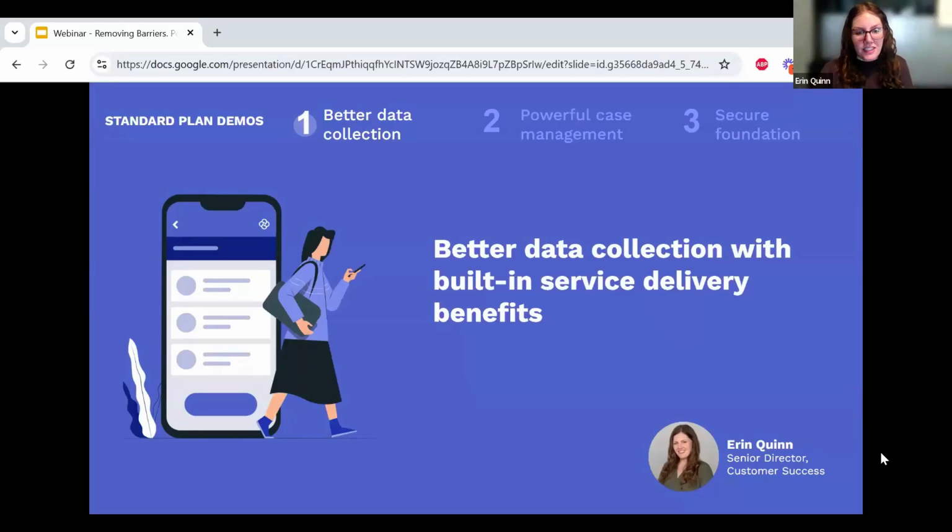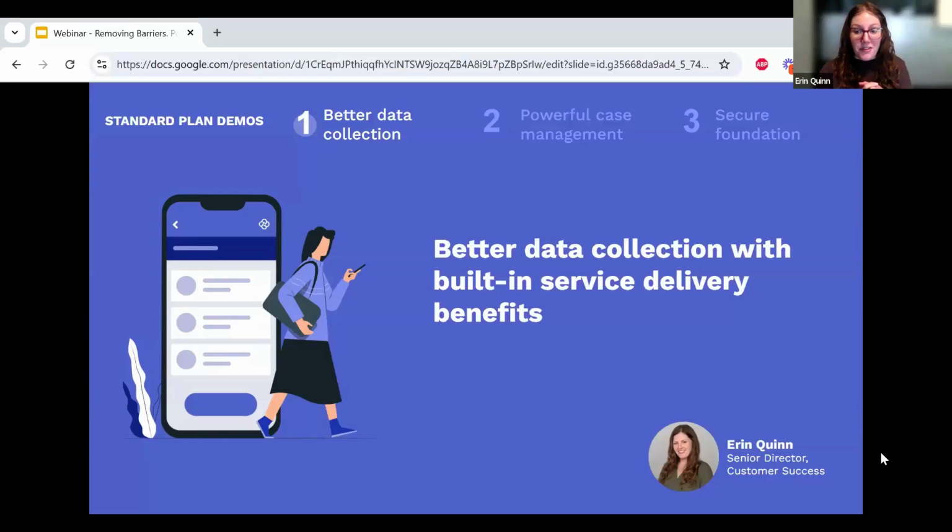And as Amy said, the first thing we're going to talk about is how CommCare can help you collect better data. I'm sure that a lot of you who are sitting here right now might be on monitoring and evaluation or ICT for D teams. And probably one of the main things that you think about is data quality. You're probably in charge of a lot of data and making sure that the data that you report out on is accurate, clean, and up to date. And CommCare is great at doing that.